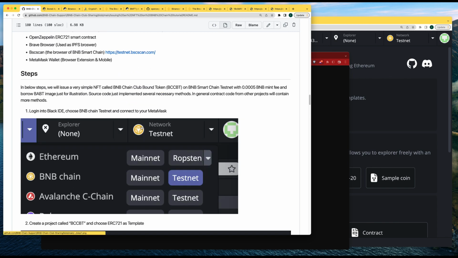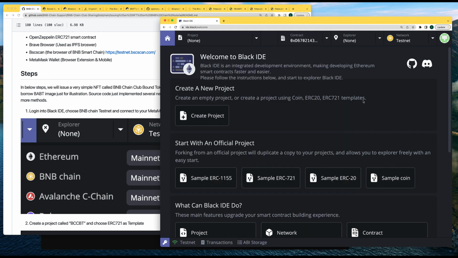So in the steps below, we will issue a very simple NFT called BNB Chain Club Bound Token, BCCBT, on BNB Smart Chain Testnet with a very cheap mint fee. And we borrow the Binance Account Bound Token image just for illustration. The source code just implements several necessary methods. In general, contract code from other projects will contain more methods. Okay. So let's go